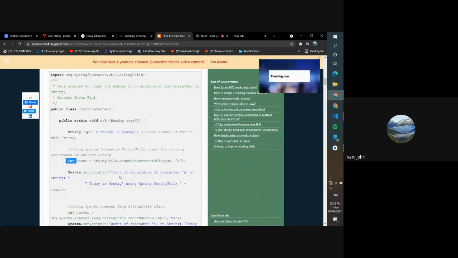Now to count the one that occurs the maximum times, you can just extract each and every character of the string. We've done it yesterday using a for loop, and then for every character, when you do dot charAt, every time you do dot charAt, you can put this function after that, StringUtils dot countOccurrencesOf whatever that character was, and you store it, and then you compare whichever occurred the most times, you just print that.